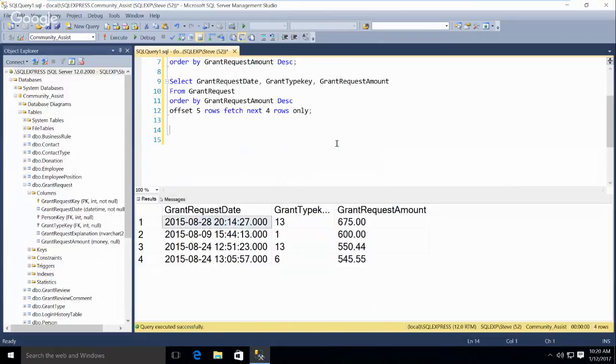Okay, so are we ready to look at the next stuff? So the next one, it's a fairly big step up in difficulty because it includes all these built-in functions. And functions are a little bit different among the different database softwares. So one of the things, since we're on request date here, some of the functions I want to show you are just some simple date time functions. Date time functions are really useful for a lot of things.